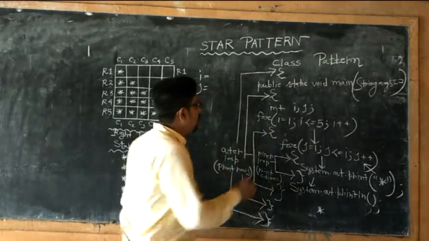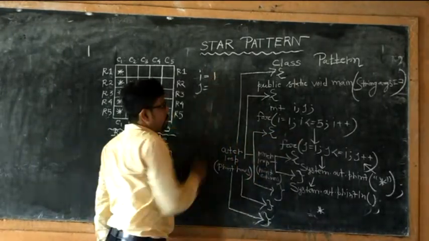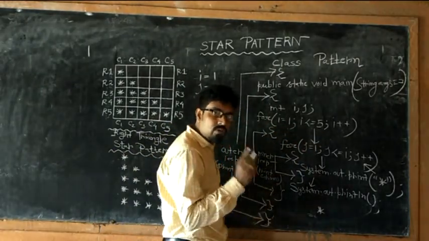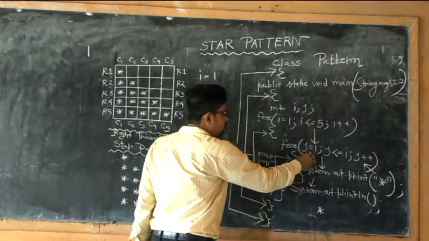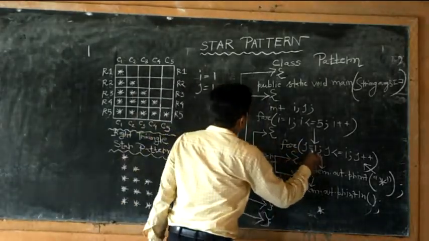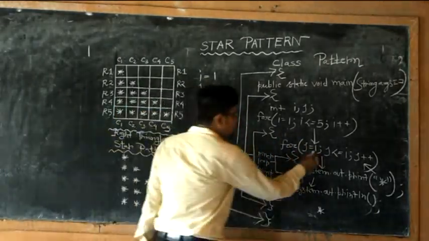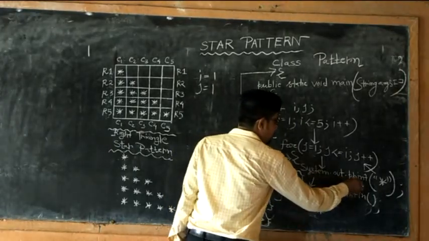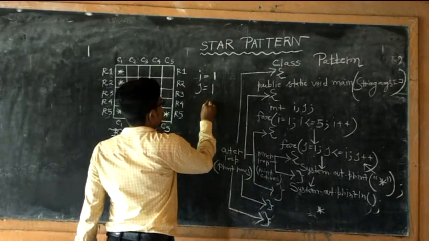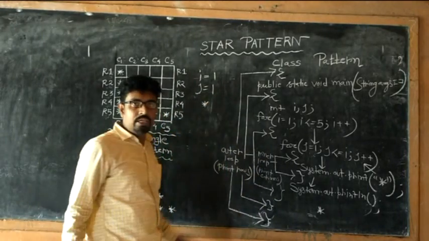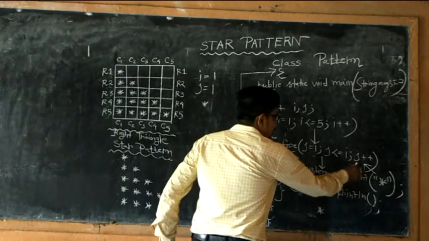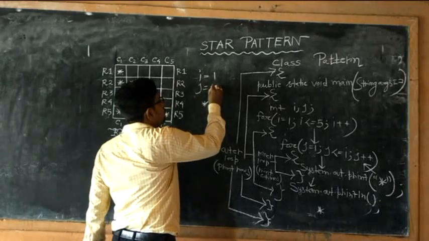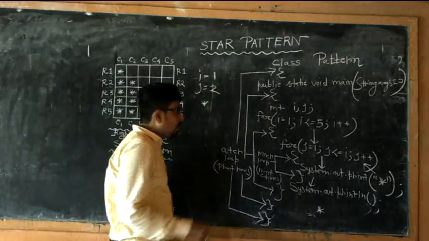So very carefully focus on my words and try to understand how it will work inside this program. Okay, let's start. i equal to 1. Now i value is 1. 1 less than or equal to 5, condition true? Yes. It will go to the inner loop, j equal to 1. j value is 1, i value is 1. So 1 less than or equal to 1, condition true? Yes, true. It will come here to System.out.print. Print 1 star over here. So it will print 1 star. Now j plus plus. Now the j value is increased, j is becoming 2.